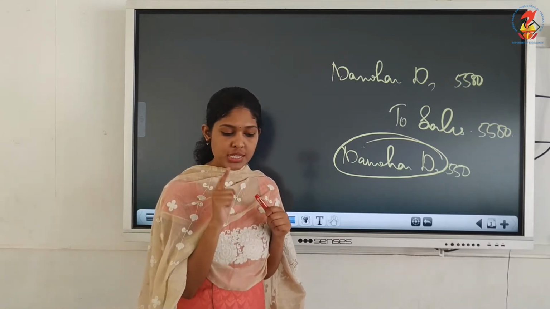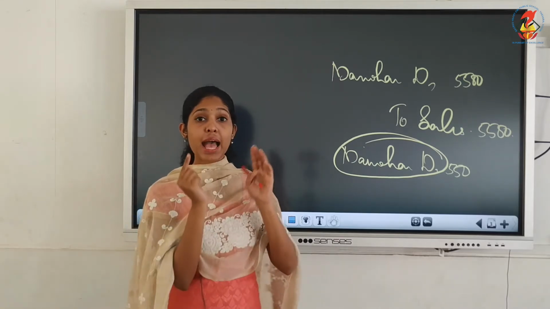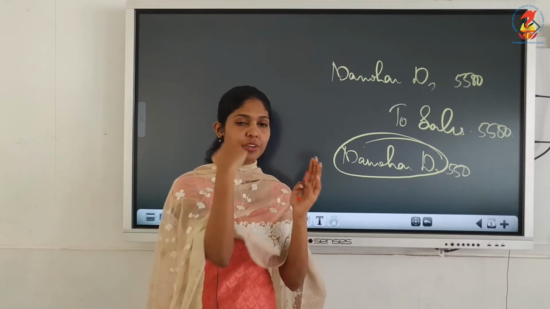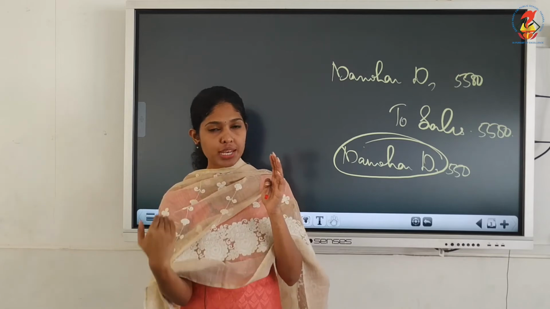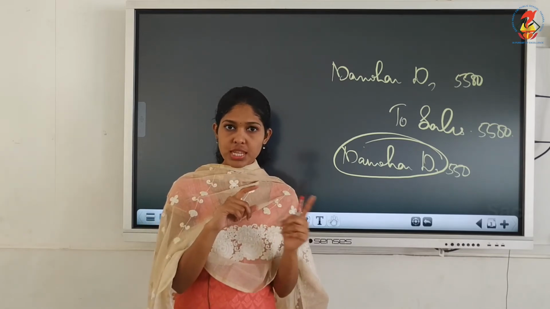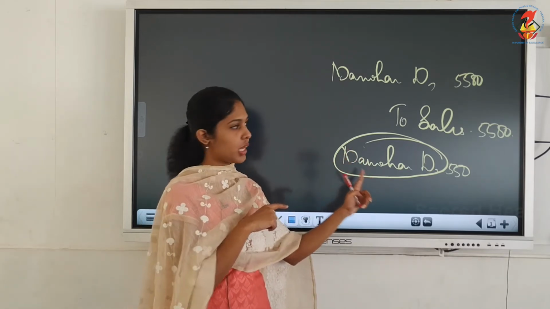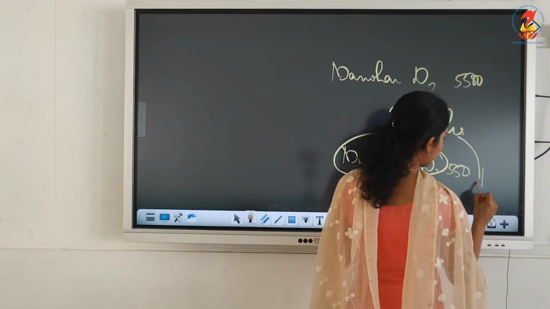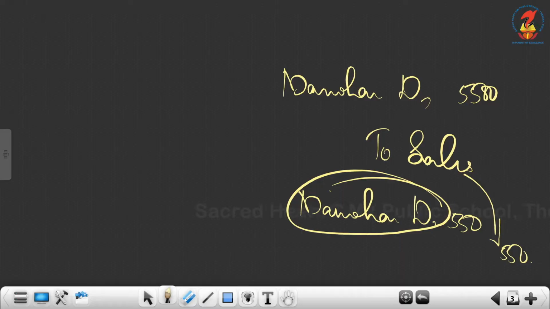Because it is written like it was posted as 5500. Posted means when it was transferred from journal entry to your ledger accounts, there was a mistake with respect to Manohar's account. Whereas sales account you have posted correctly, that means 550